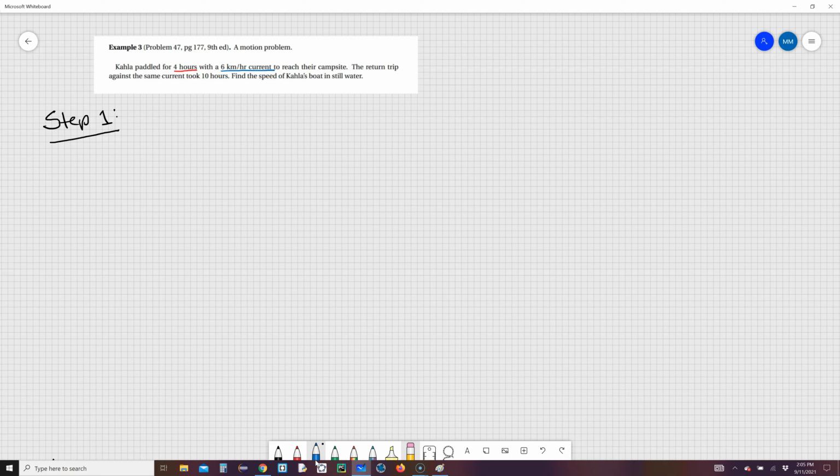So we have a 4-hour trip with a current of 6 km/h, and we have a 10-hour trip. Notice it is against that current of 6 km/h, so with and against. It's going to look a little different. We will still do given and find, so we are given that the trip downstream, that is to say with the current,